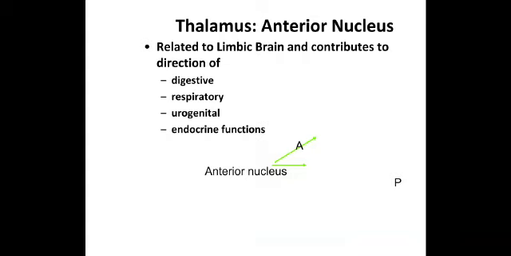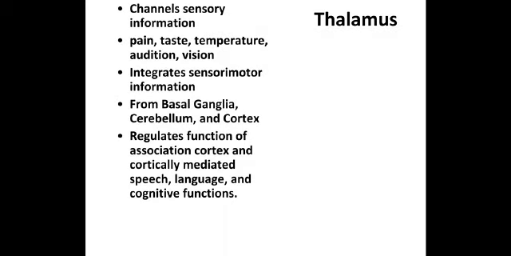The anterior nucleus is related to the limbic brain and contributes to the direction of digestive, respiratory, urogenital and endocrine function, whereas the posterior group channels sensory information: pain, temperature, taste, audition and vision. It integrates sensory motor information and also receives information to and from the basal ganglia, cerebral cortex and